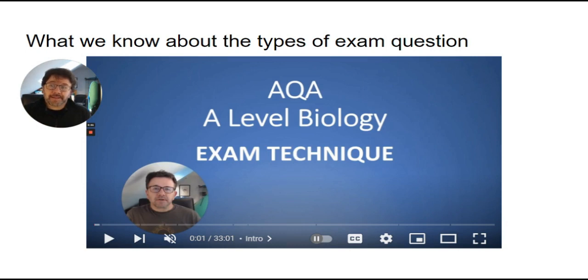I would also add that you need to, for your revision, use the spec. Specification is really, really important. Past paper practice, topic practice, exam practice, flashcards, making sure that you chunk your revision. Don't just try and revise everything all at once. Try and mix and match things. Try and relate things together as well. It's really important, particularly when you come to the essays.